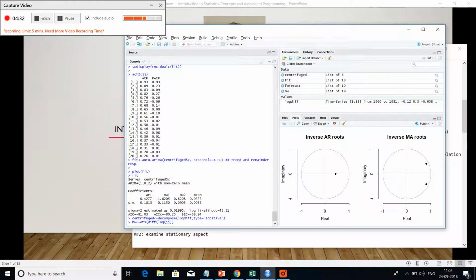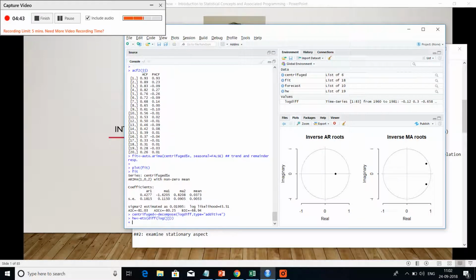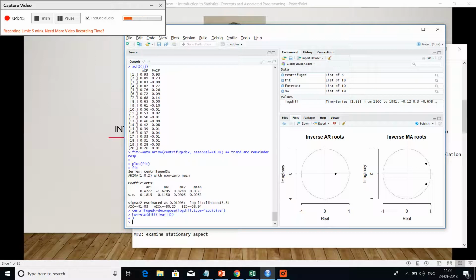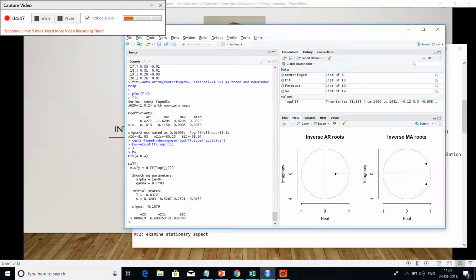So we've directly taken the diff log because we know that this is stationary. We verified that using the Dickey-Fuller test. And so we'll quickly do this HW computation. And when we look at this, this is a Holt-Winters, and you can get the alpha, beta, and gamma parameters respectively. Now in this case, we don't have beta, so the